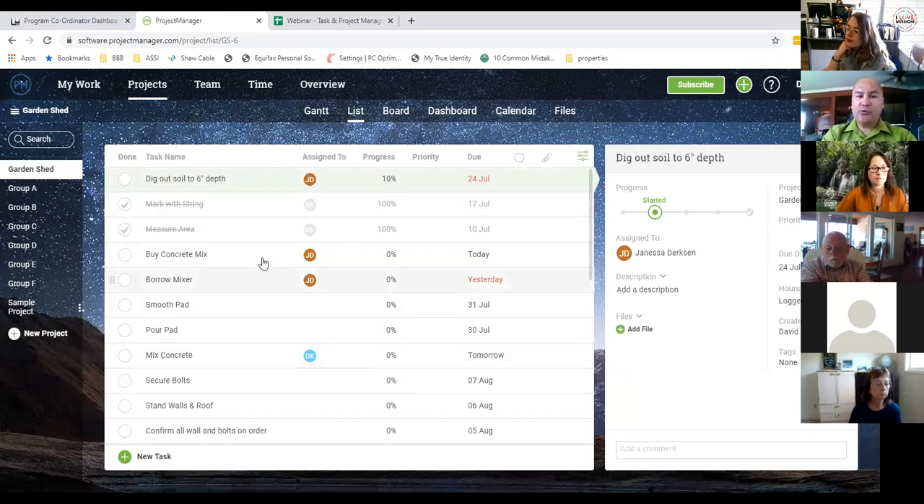And this tells me who they're assigned to, okay? So Janessa's got some assignments. She's at 10%, it's overdue. I can tell straight away there's a task that's overdue, okay? This one was due yesterday, it's at 0%, poor Janessa. It's not been started yet. She hasn't borrowed the mixer, okay? We need the mixer in order to, you know, mix the cement, right? So straight away I can tell, and it's a good high-level overview of what's on track, what's not on track,